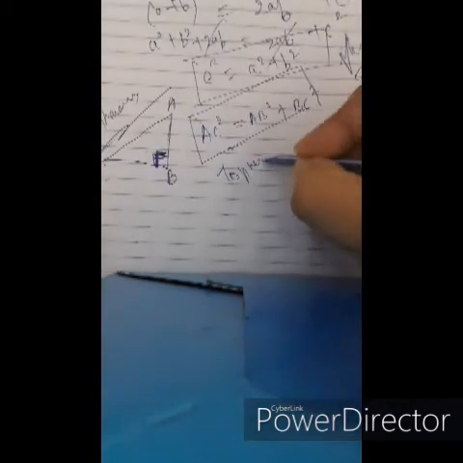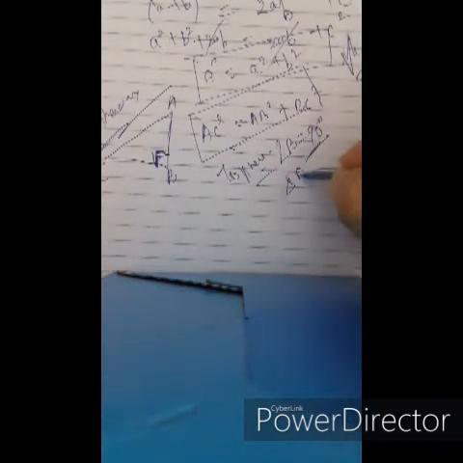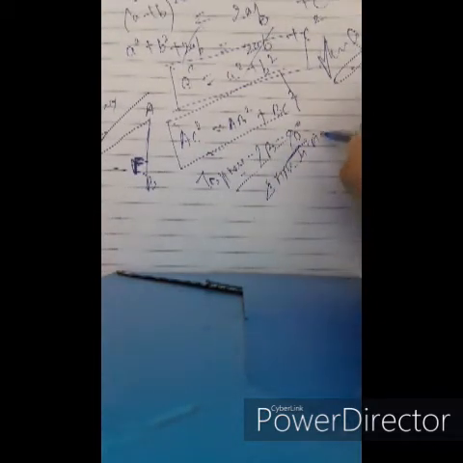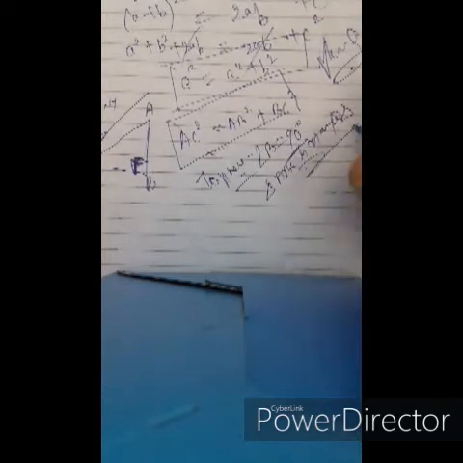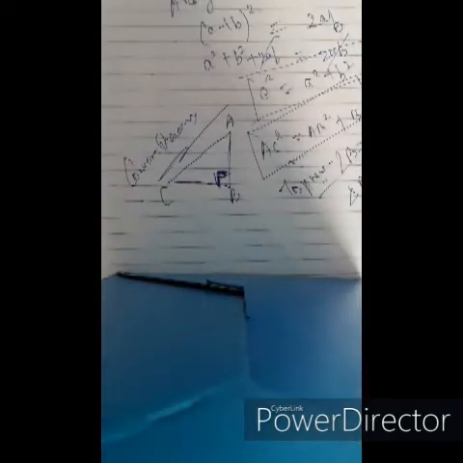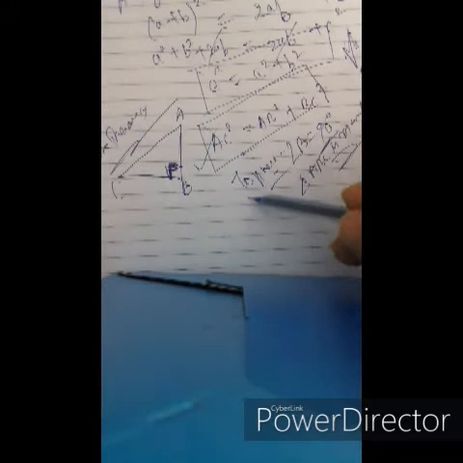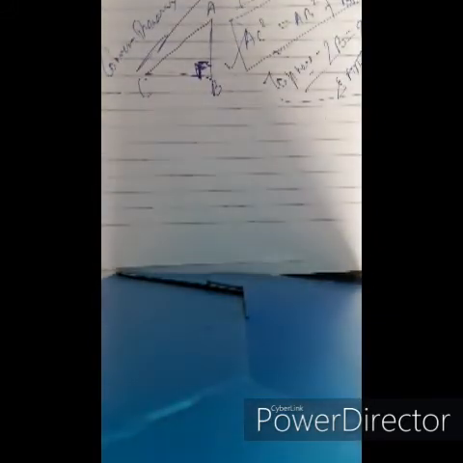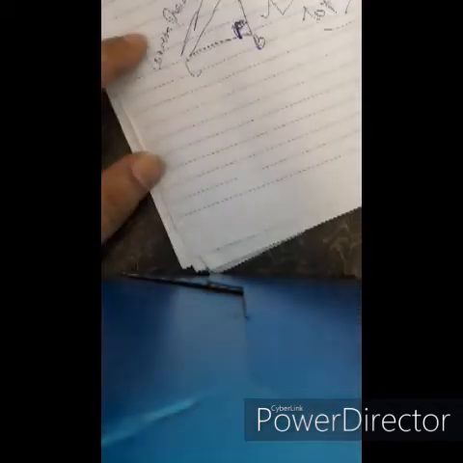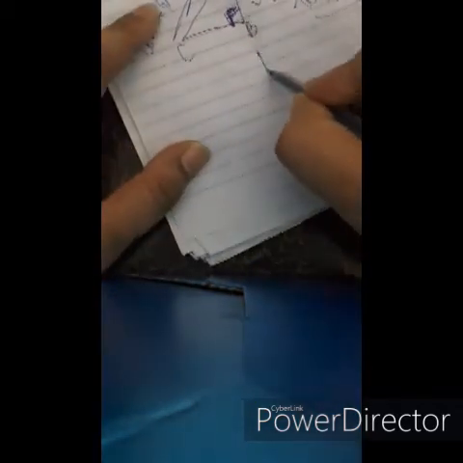We have to prove that angle B is equal to 90 degrees, or triangle ABC is a right angled triangle. That is the converse of the Pythagoras theorem. And this part is given, AC square equals AB square plus BC square. So how do we prove that angle B is 90 degrees or ABC is a right angle triangle? Let's make a construction here. For your convenience, I'll draw the figure again.